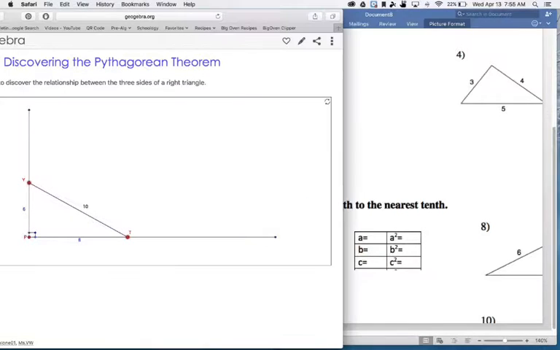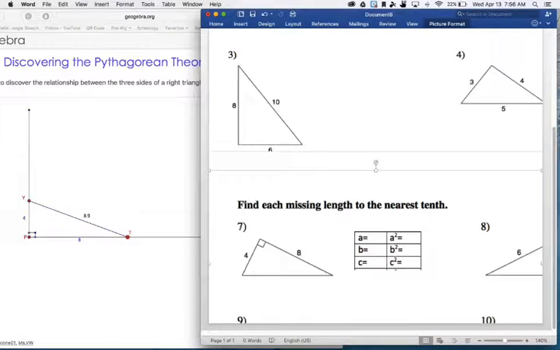So let's take a look at that. So one side is 4. The other leg is 8. And what that gives me is 8.9. Gives me 8.9 as my hypotenuse. So on your worksheet, you're going to label the hypotenuse 8.9, and you're going to fill in your A, your B, and your C. Then you're going to square each of them. Your A squared is 16, B squared is 64, and my C squared, if I take 8.9 and I square it,